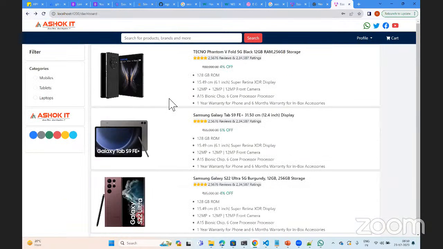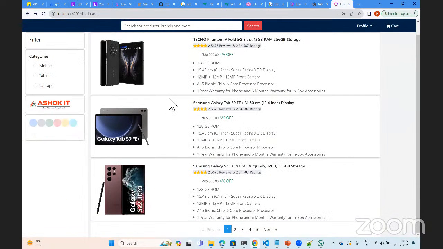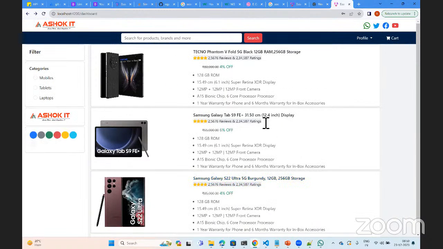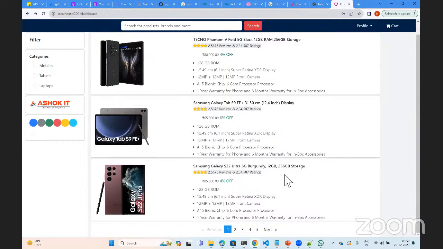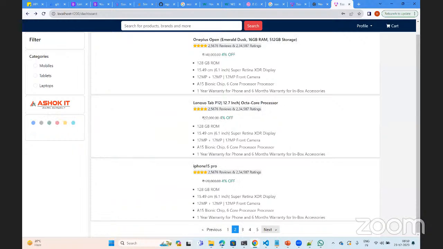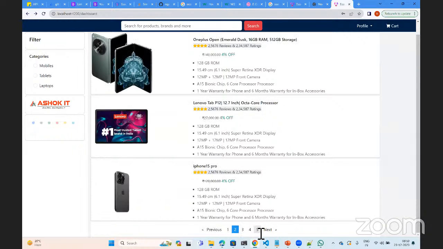We are going to learn how to design this e-commerce website and how to structure this layout. Suppose we need this side navbar and the main page, and here we have pagination. On one page we display only three items, and we have 5 pages, so 3 into 5, 15 items.